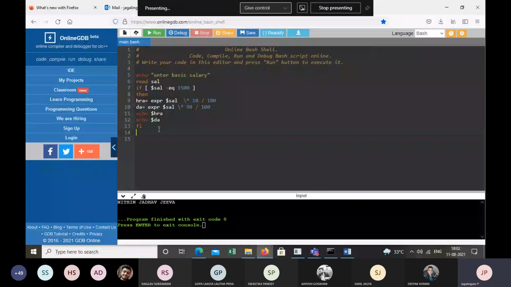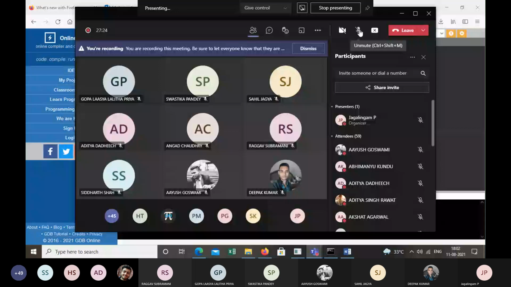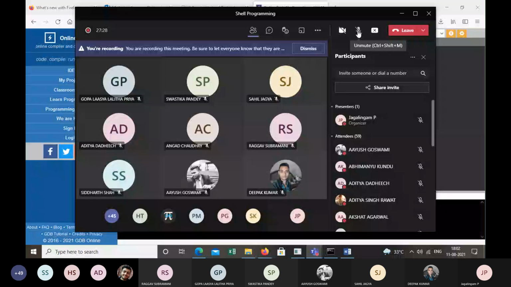Can I switch on the fan because it's quite sweating here? Yes, sir, please. If I make it on, is that a trouble or is it manageable? Sir, it's manageable. Okay, thank you. Sorry, unfortunately this does not have a regulator to minimize the speed.